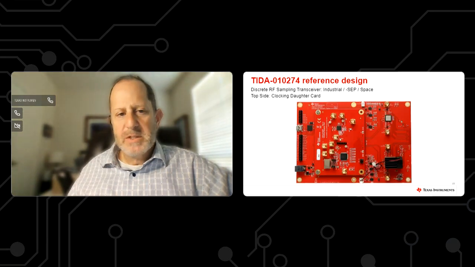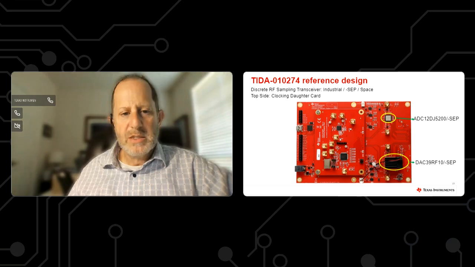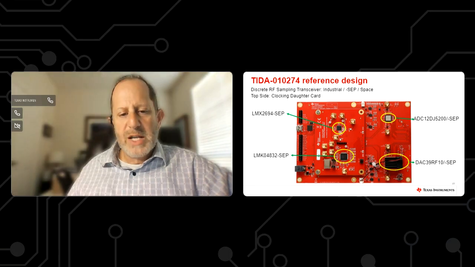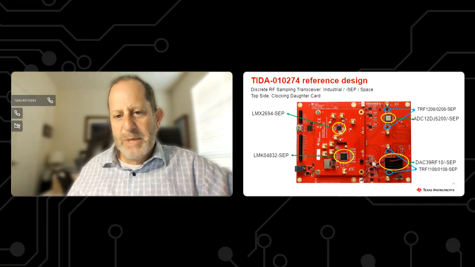This is a picture of the board, and we've got the ADC device located there, the DAC device located now on the bottom right, incorporating the clocking devices, the LMX2694 and the LMK04832. So again, this one's providing all the low frequency clocks and distributions needed for the FPGA and the SYSREF for the JESD IP, and the LMX high frequency synthesizer provides the clocks to both the DAC and the ADC. And then we've got these little bitty RF amplifiers. This is the active balun parts.